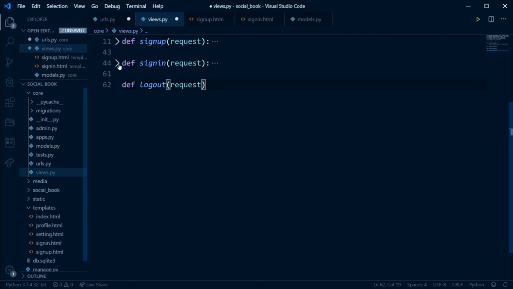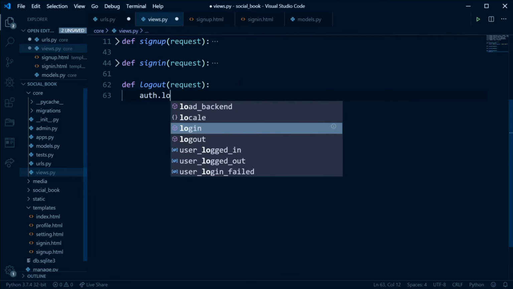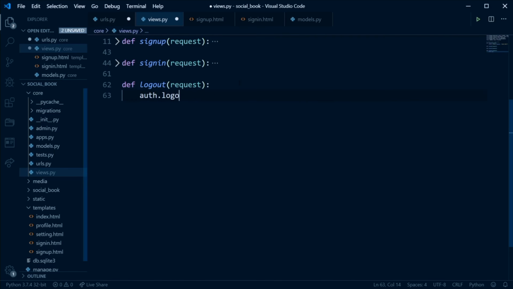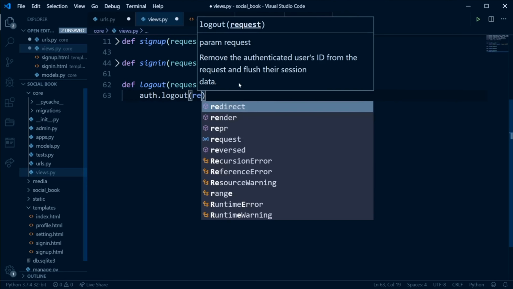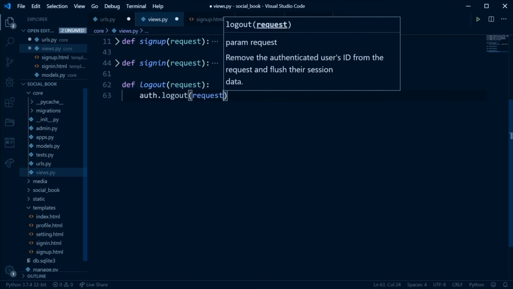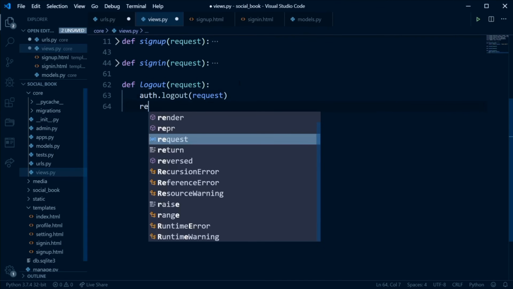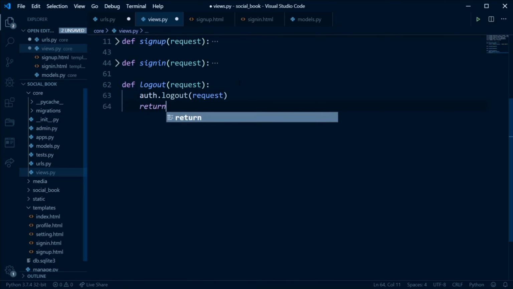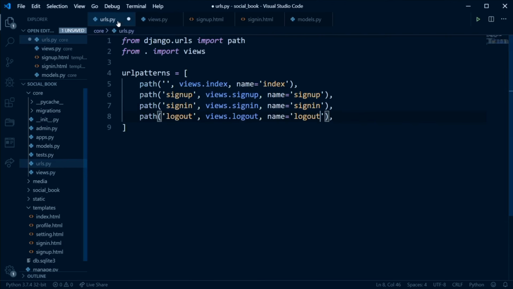All we need to do here is say auth.logout(request). Then we'll now redirect to the sign in form. Since we have this now,